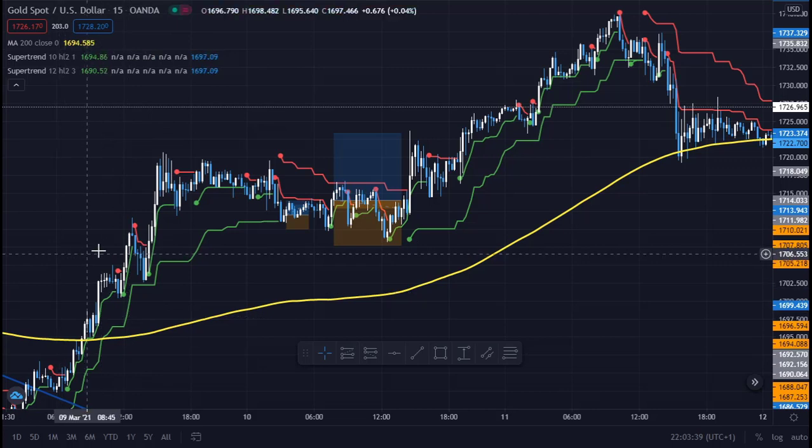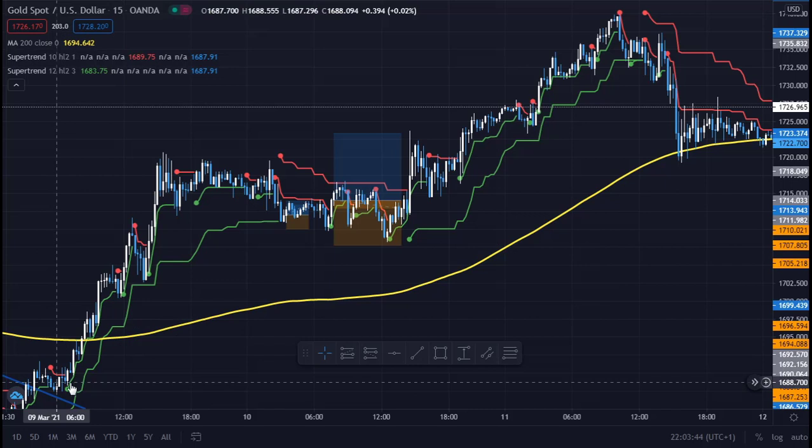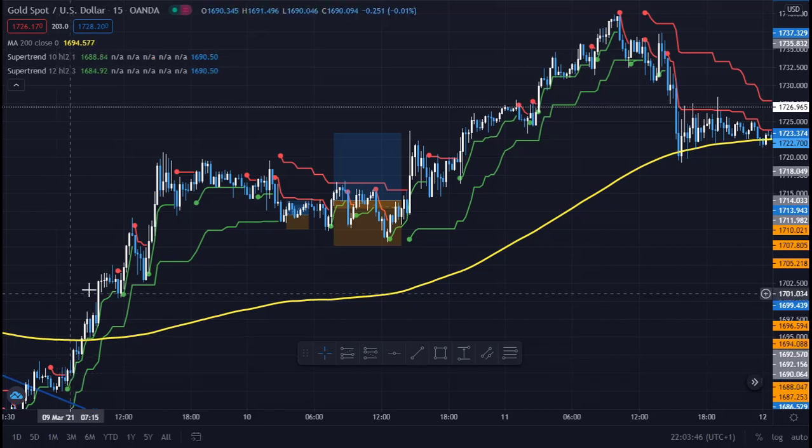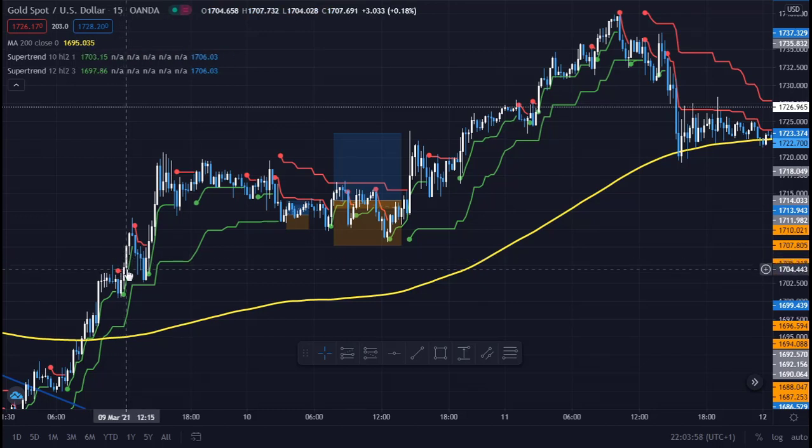And now if you just move your cursor, you see it's green, and you can't take that first green because it was under the 200 moving average, but we'll be looking for a new one to place our trade on. As you can see, we had a red here, but just on this candle it turned green, so we'd have taken our next trade on this candle, putting our stop loss just below this low,